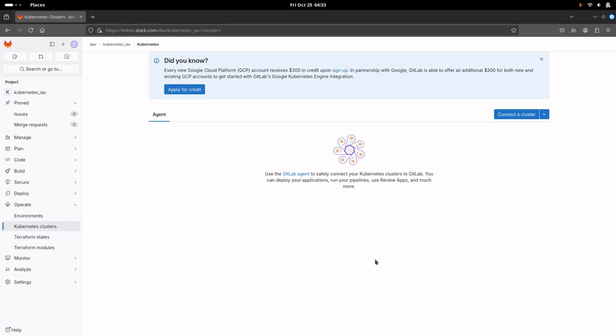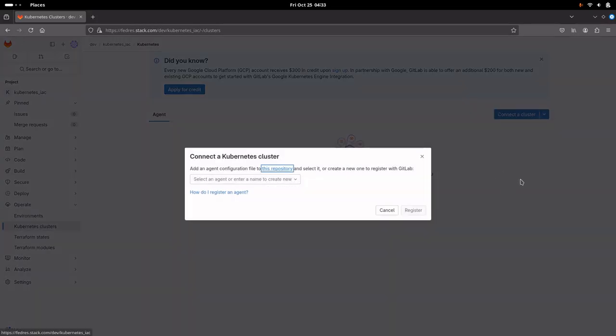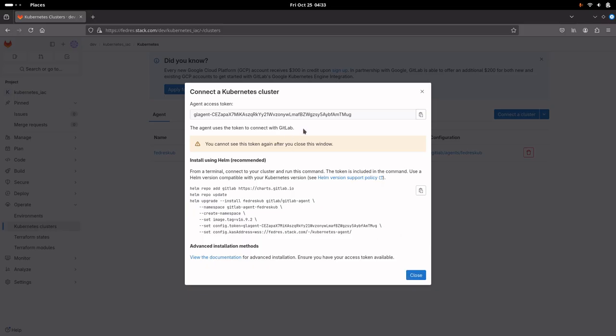Right now we don't have any agent. So let us try to register. Connect to a cluster, and here we add an agent configuration file to this repository, which we have already done, so we can select that one and do a registration for that agent. This will generate an agent access token, which is basically used by the agent in order to communicate with the cluster. Okay, and this is the Helm